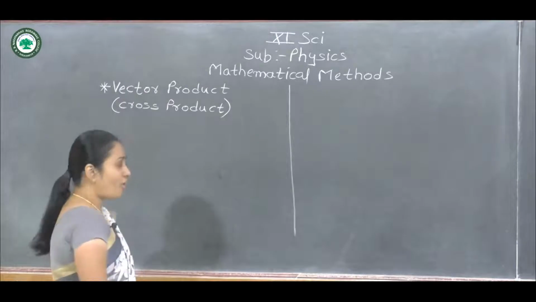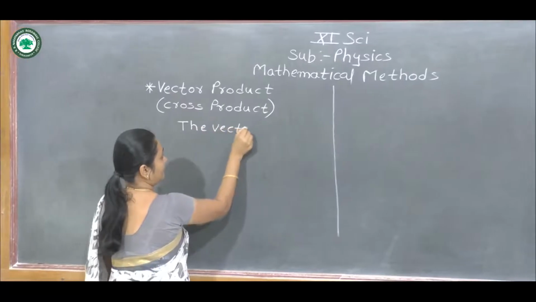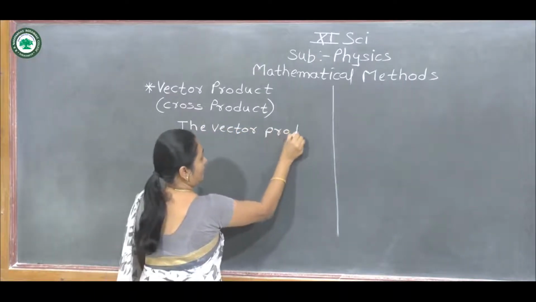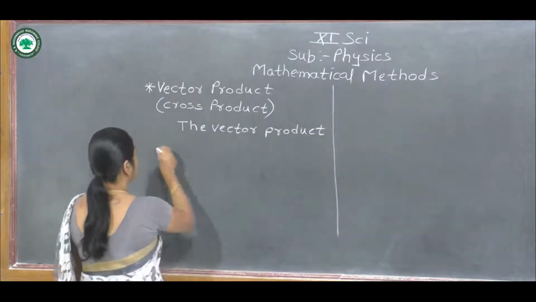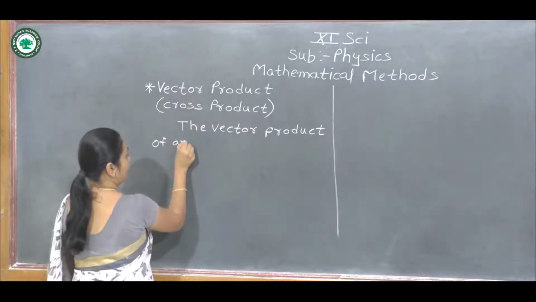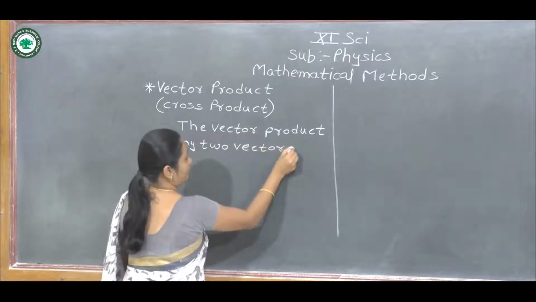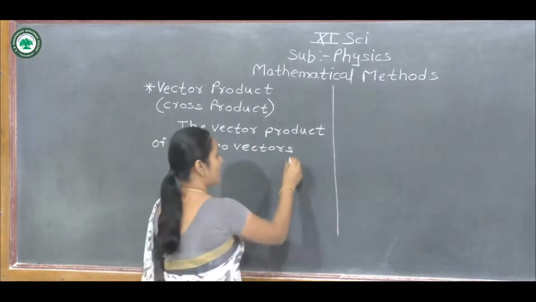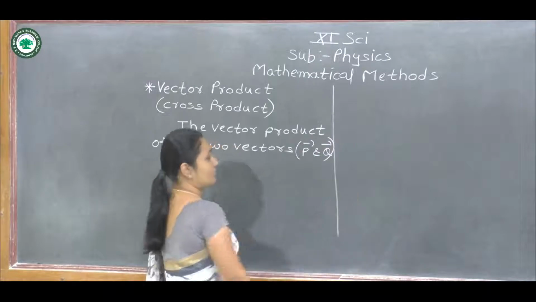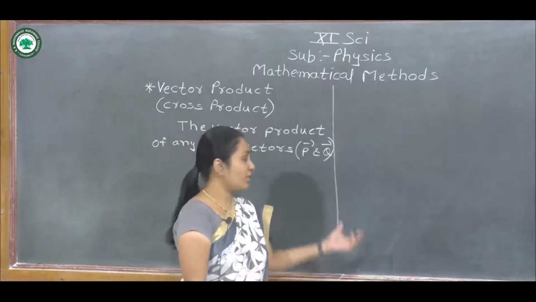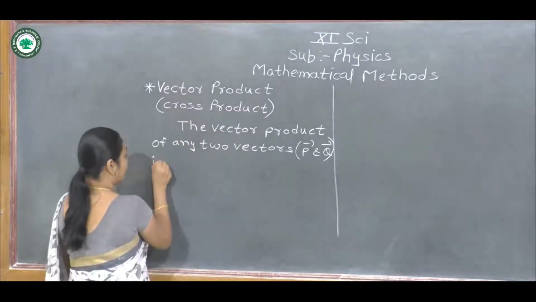The vector product of any two vectors, suppose the vectors are p bar and q bar. So we are taking the vector product of these two vectors p bar and q bar, which is a vector